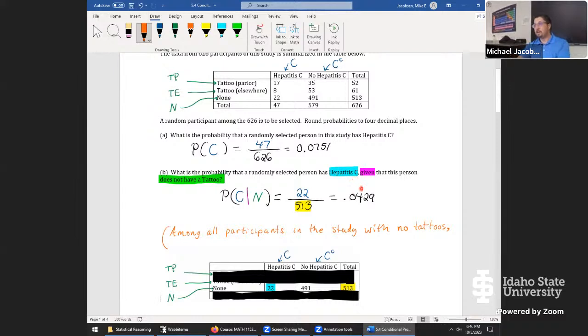Now we'll say this. Among people with no tattoos, there is a 4.29% chance that something happens. I'll skip over to here and say they had hepatitis C,